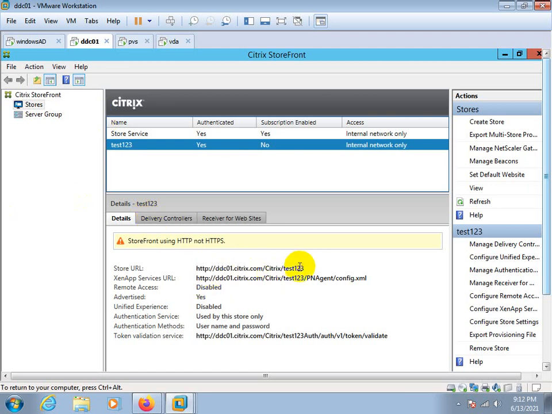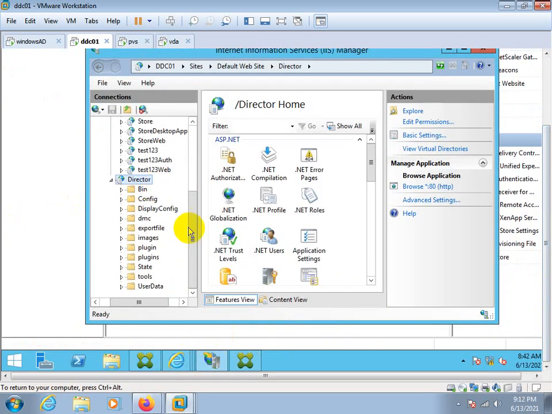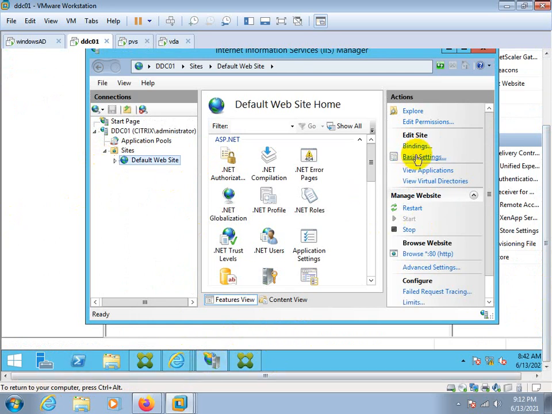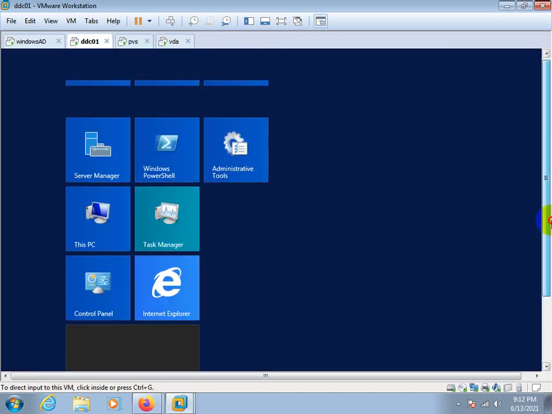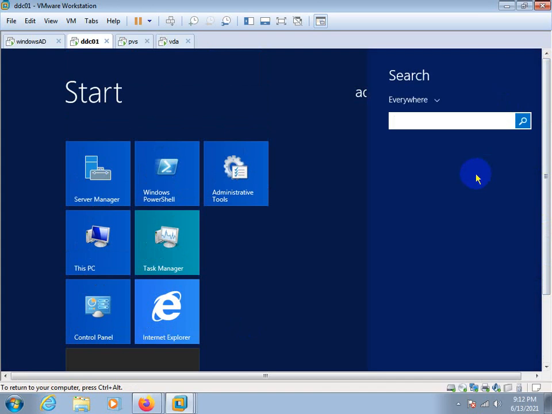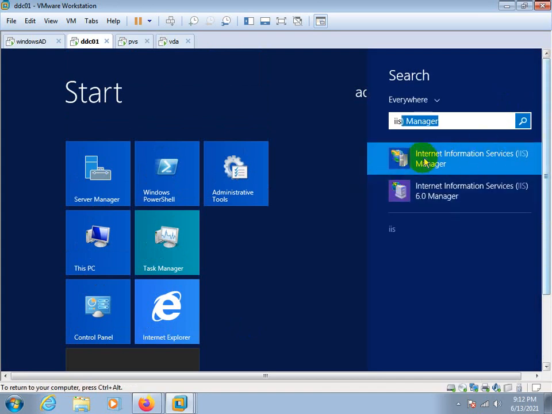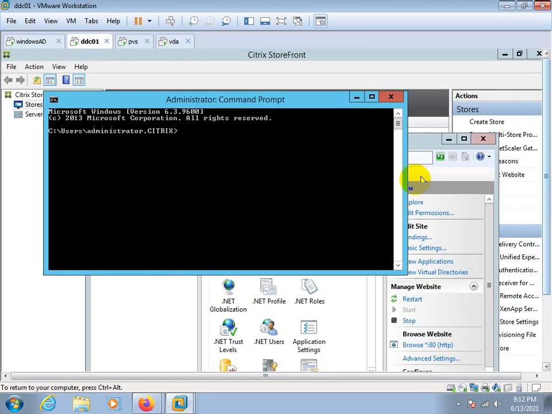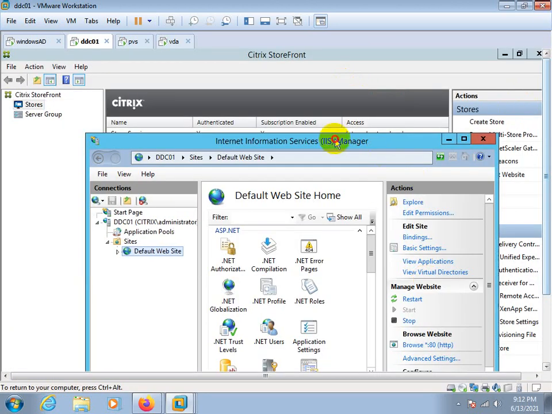Okay, so now you can see the URL is created over here, and to get to IIS, just go to the command prompt and type IIS. You will get the IIS details. You need to open Internet Information Services, then open the IIS Manager, and you will get this page.